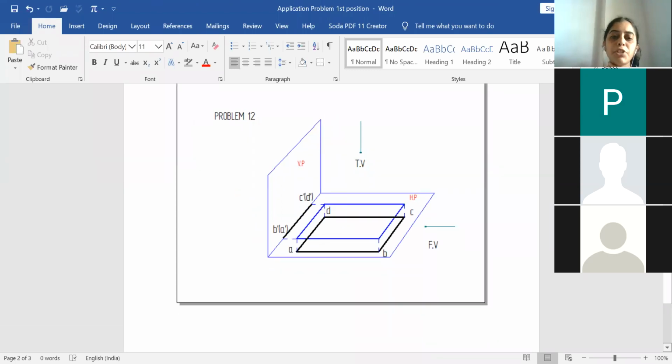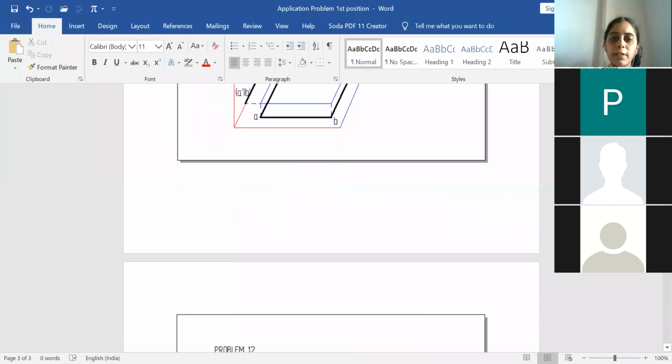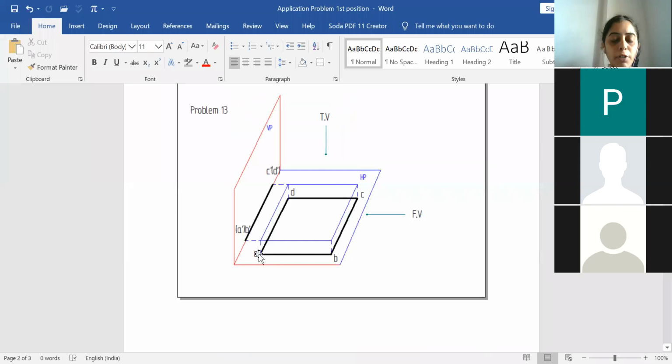The position will be placed in such a way. Which problem are we solving? 13, no? So this will be our shortest distance. On the horizontal plane, this is the given rectangular lamina, placed in such a way that it is resting on the shortest distance, and this will be the longest distance, such that the side which is resting on HP will be perpendicular to our VP plane. So this will be the initial position of the given rectangular lamina which is resting on the shortest distance.